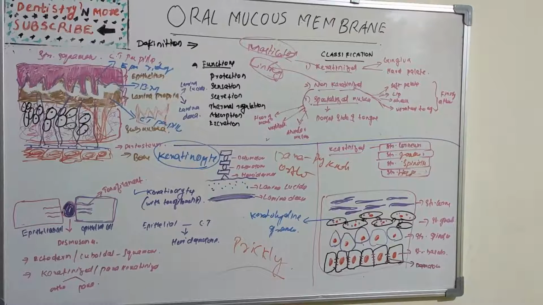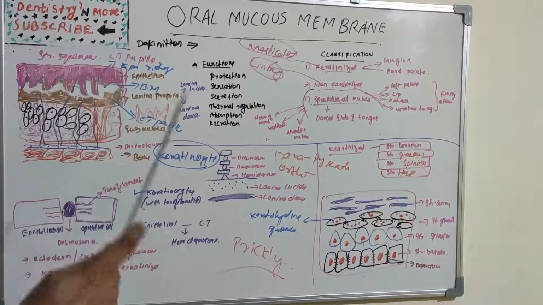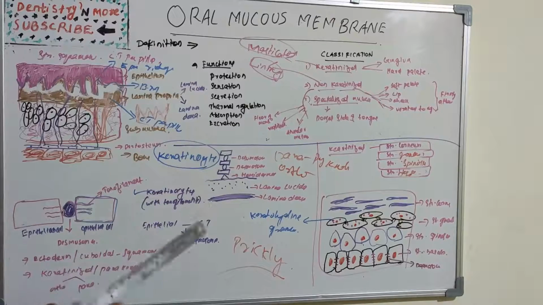So we have two types of keratinization, orthokeratinization and parakeratinization. In orthokeratinization, there is no retention of nuclei, but in parakeratinization, there is retention of remnants of nuclei. Now move on to the